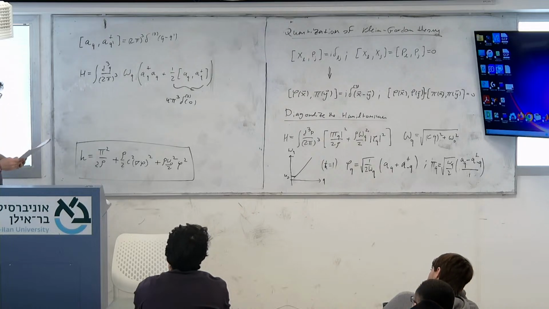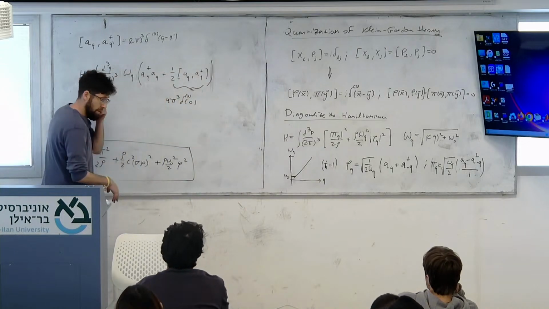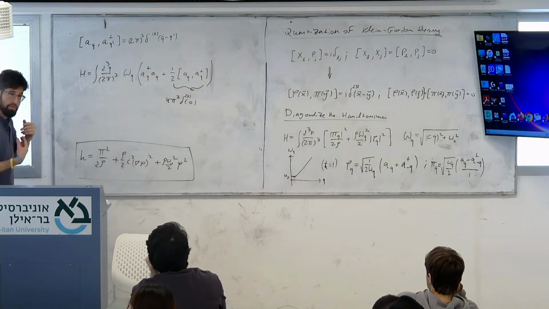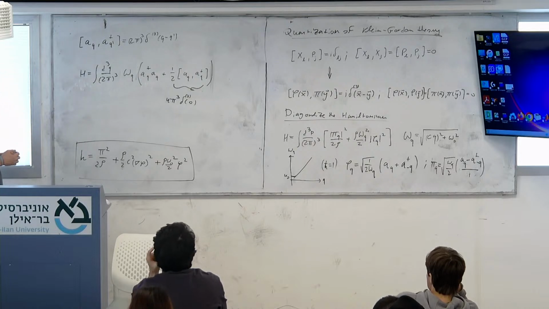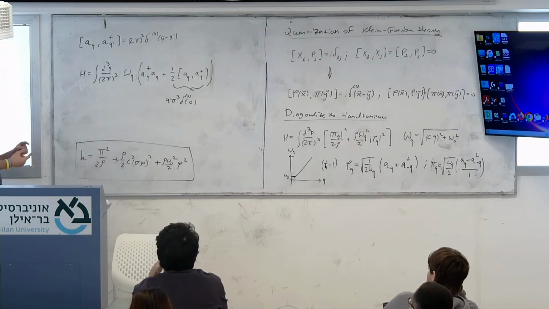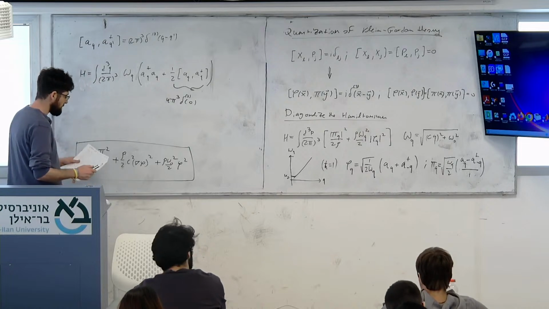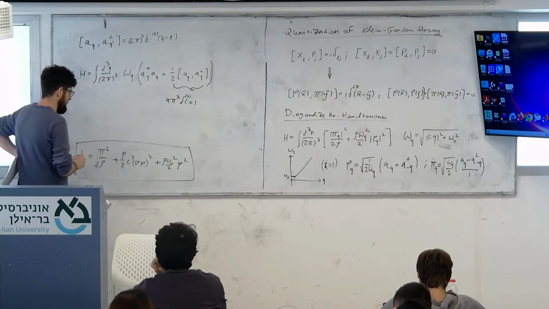Okay. So now let's talk a little bit about Lorentz invariance, because one of the properties of this theory, at least when we wrote it in Lagrange formalism, it was obvious, is that it's Lorentz invariant. So remember that anytime you obtain a Lagrangian of a bosonic theory that has a second derivative in time and a second derivative in space, okay, then we usually associate it with some sort of Lorentz invariance. So to take advantage of this Lorentz invariance, we need to say a few words about Lorentz invariance.